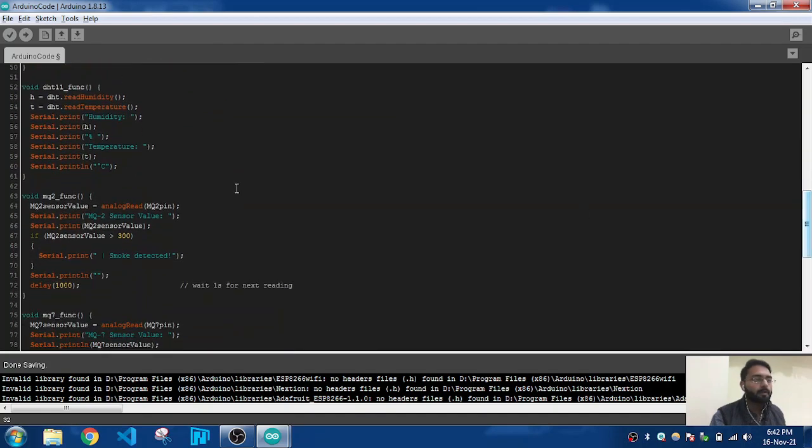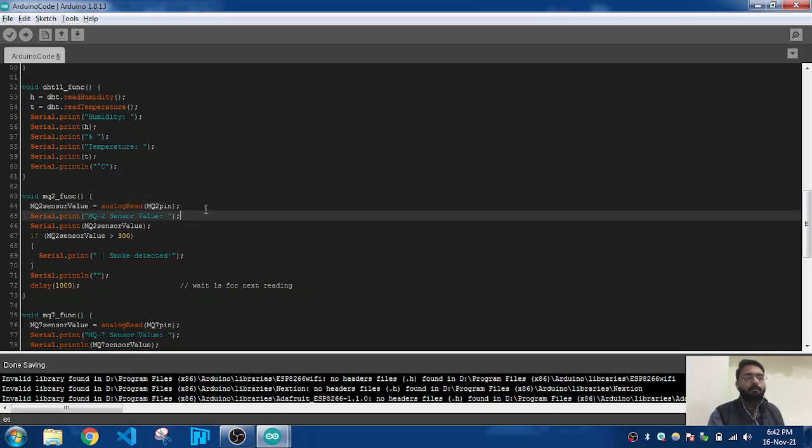Now in the MQ2 function, the MQ2 sensor value is equal to analogRead of the MQ2 pin. I have already defined the MQ2 pin at analog A0 of the Arduino UNO. You can write A0 or MQ2 pin.